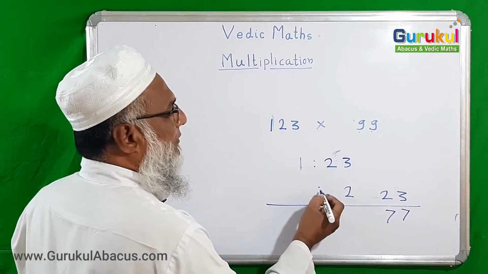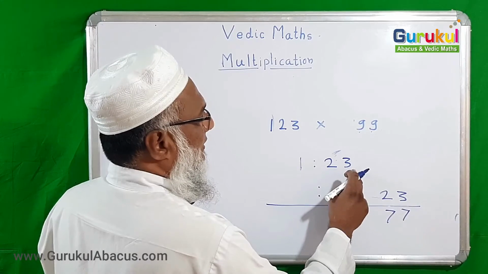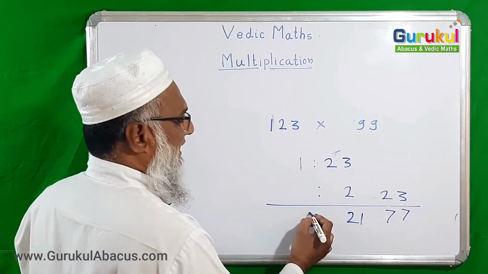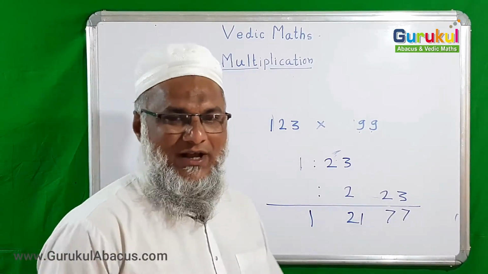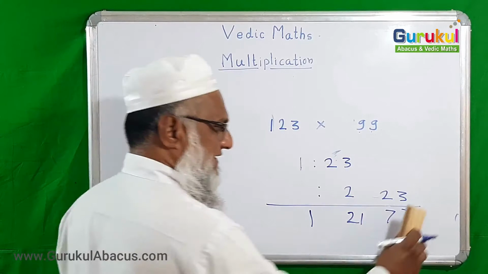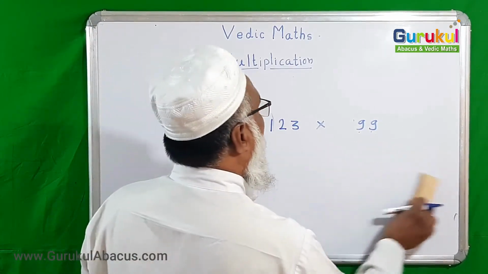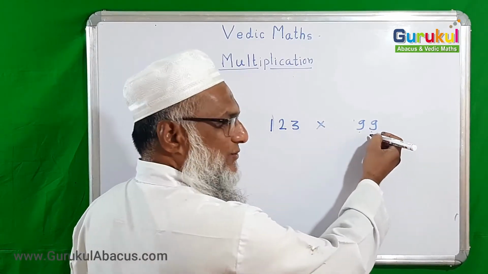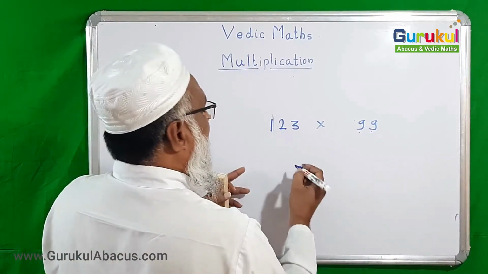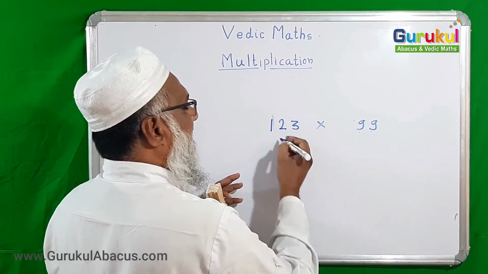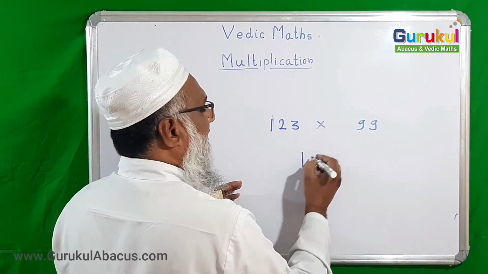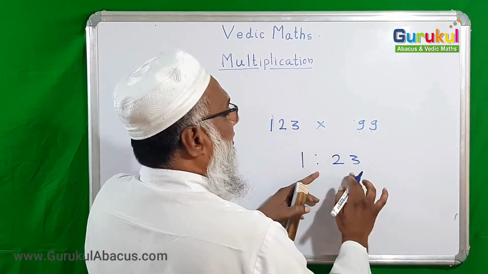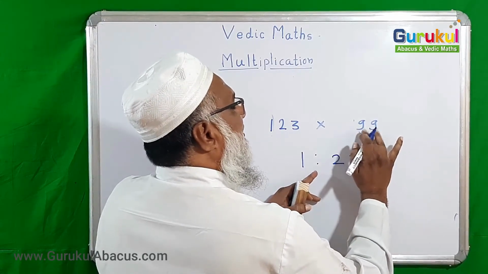Now further, from this number you subtract this one: 23 minus 2 is 21, and this number is written as it is. This is the answer. Again we are going to understand, so we will easily clear this example's solving method. Here is a 3-digit number and the greatest number has only 2 digits. In this situation, write the number this way: 1 colon 23. Then after the colon we wrote 2 digits of the number, because the greatest number is 2-digit.